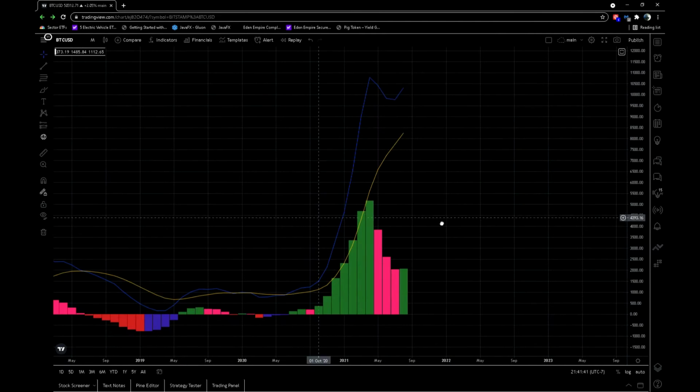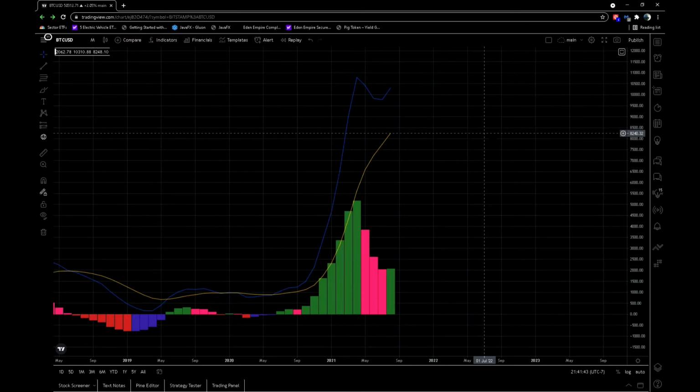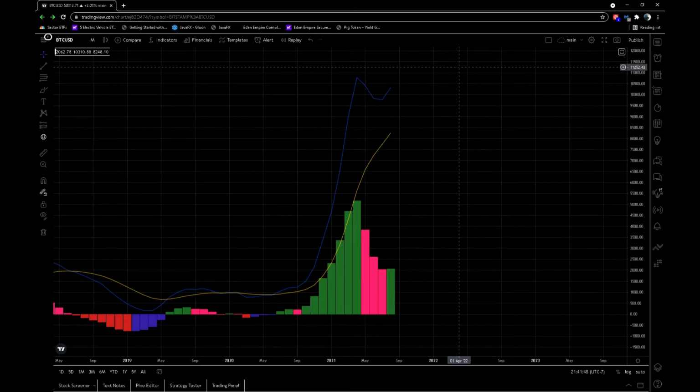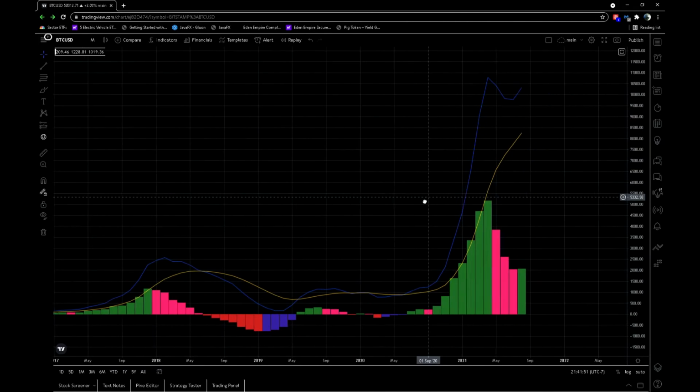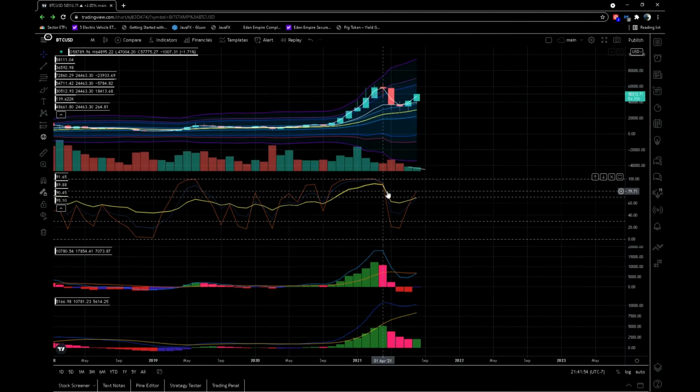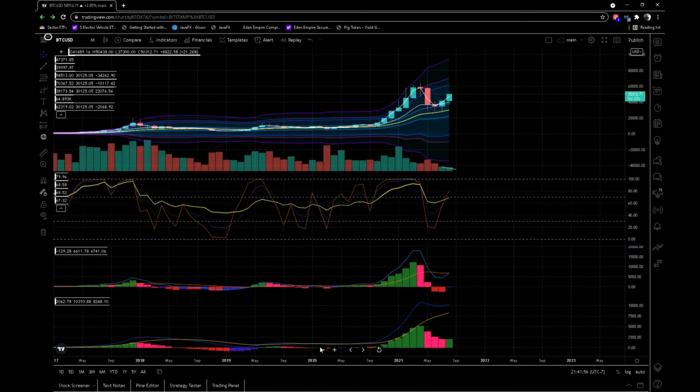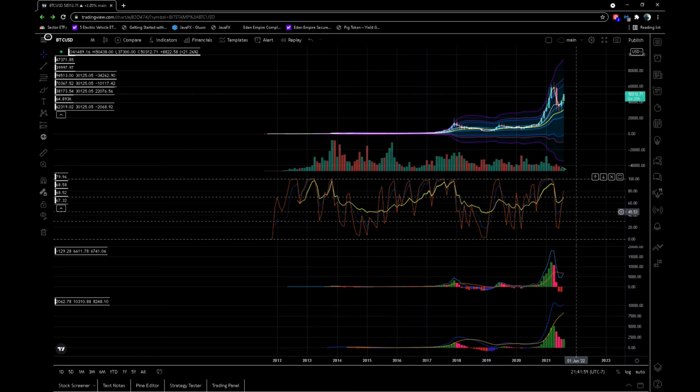But again, we haven't had any cross downs, and we're still quite far away from that zero line. It's not like we're crossing down. Maybe we could come back for a little cross back up at that point. We're not even there yet. So I still believe there is a lot of room for this to fall. And have a look at that default RSI. So look where it came down last time, way down here. We were here only 60. This was in the 40s, about 40. So we had another ways to go here. At least that's just a minimum. It can go more than that, but let's just say safe zone is right there.